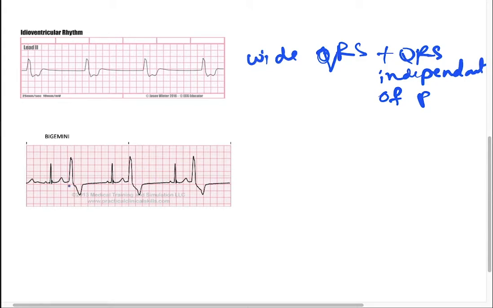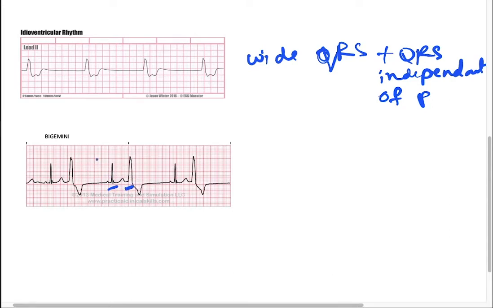Now there is something also called bigeminy, where there are two pacemakers. One will be in the atria, produced by the SA node. Then there is one more in the ventricles. The ventricular rhythm will have a wide QRS, that's ventricular ectopic. But the one produced by the atria will be a normal narrow QRS preceded by a P wave, that is atrial depolarization. So this is how a bigeminy rhythm looks. We can see wide QRS as well as narrow QRS.